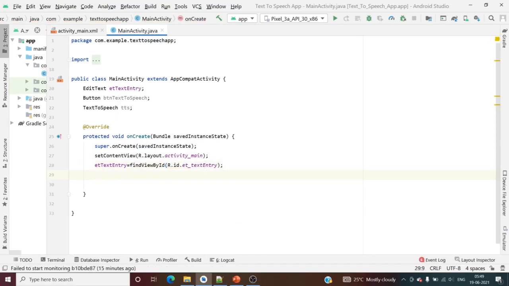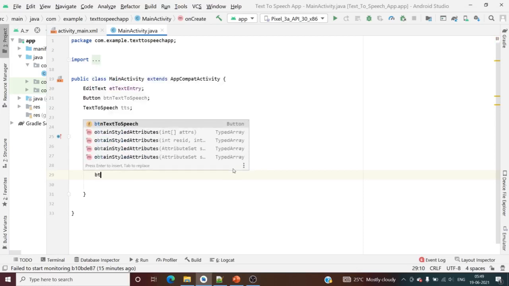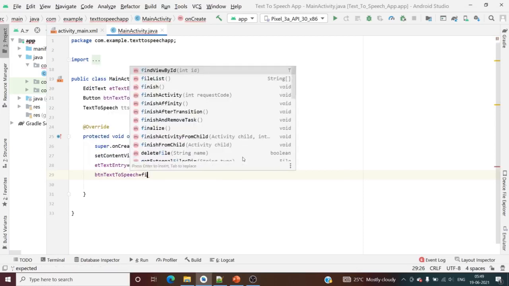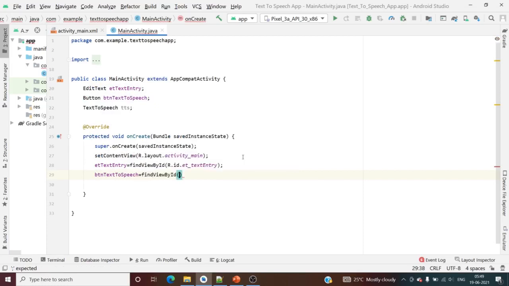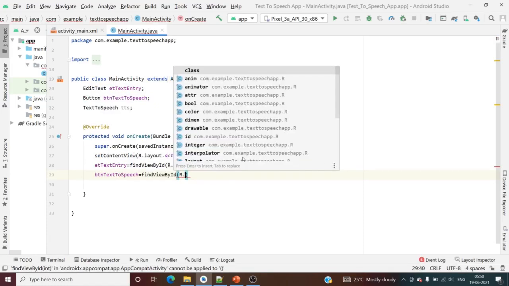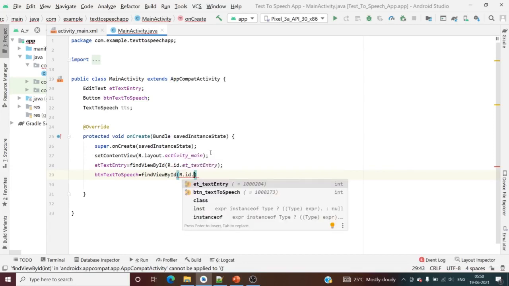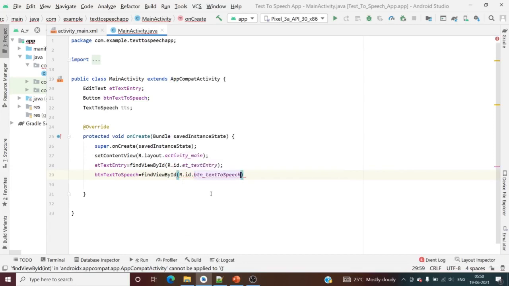Next is the button, that is the button named button btn is equal to findViewById R.id, which is that button. This is the button.